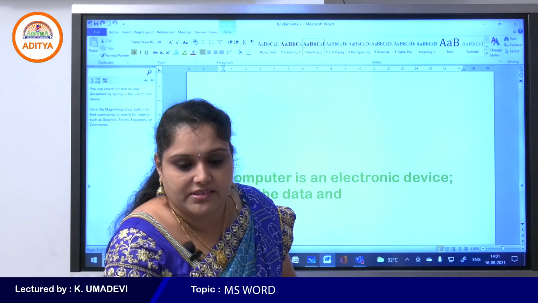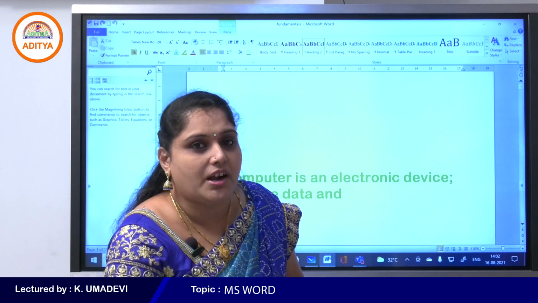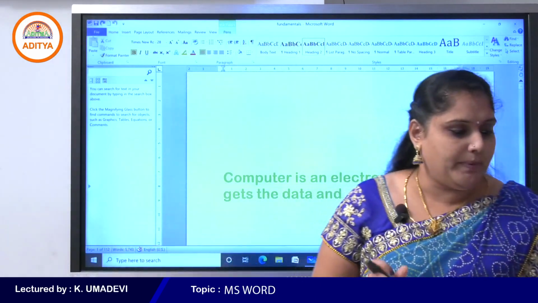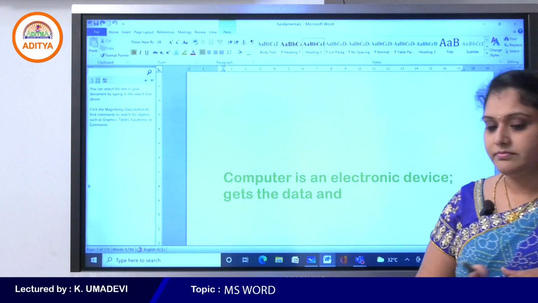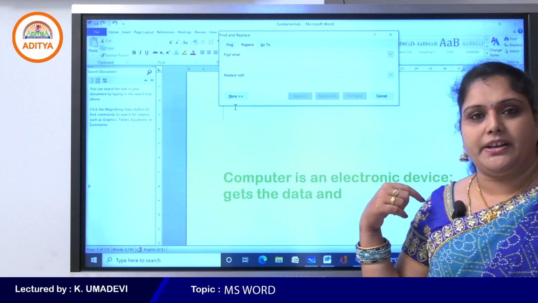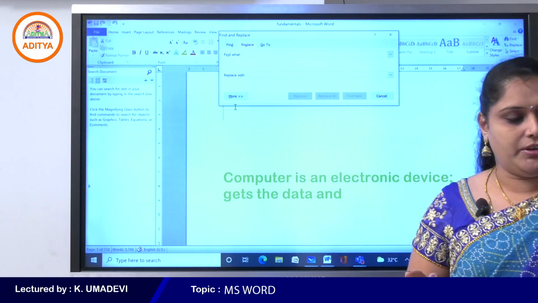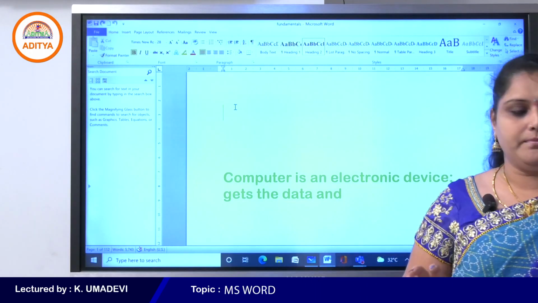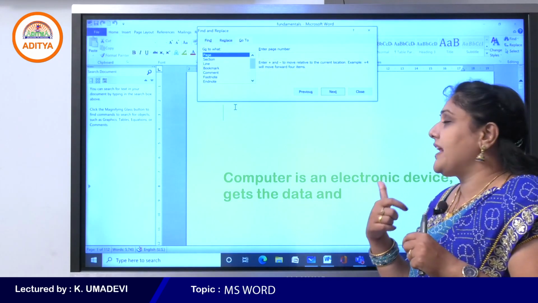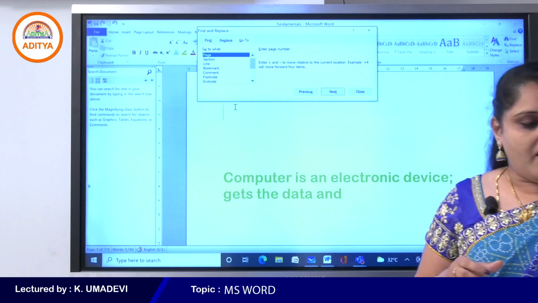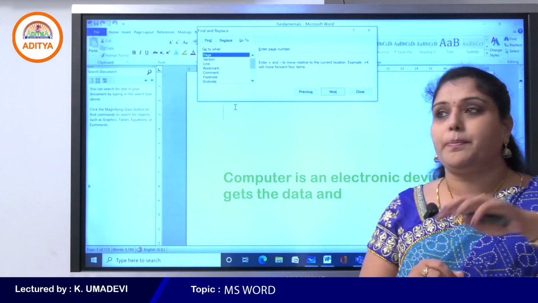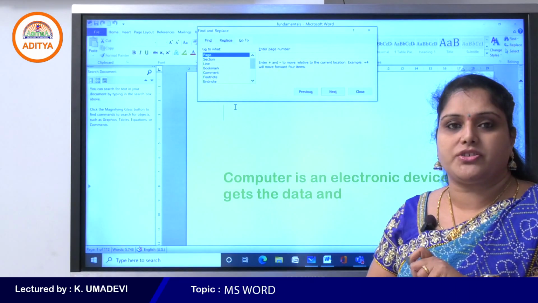So not Control plus R. For replace, Control plus H. For go to, Control plus G. See, when we press Control plus H, the find and replace dialog box will appear on the window. Or else press escape, then Control plus G, as it opens the same dialog box again. Or else press F5, so that is the shortcut key to open the find and replace dialog box, students.